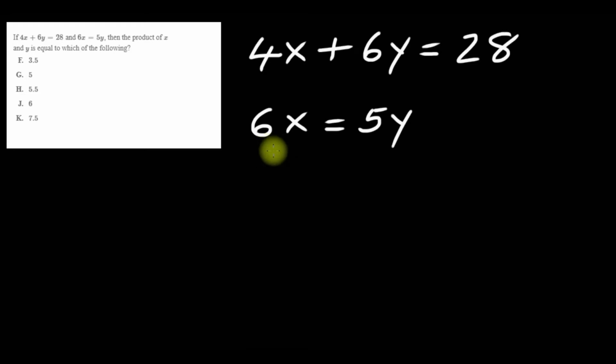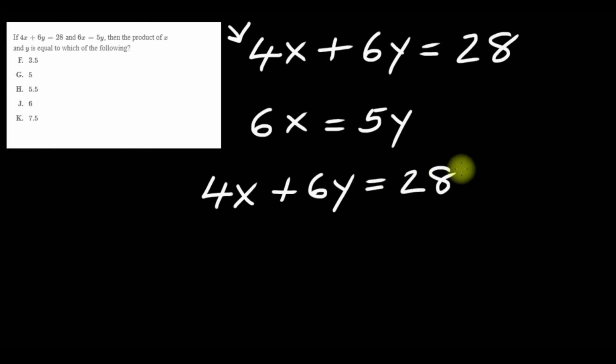Now we can either solve this for x or solve it for y and then substitute it into the x or the y up top. If you were to do that, you would end up with fractions, and it's a lot harder to work with fractions than just integers. Right, 4x plus 6y is 28. You can make this equation easier to work with by dividing by 2, because 2 is the greatest common factor. So if I divide this by 2, divide this by 2, divide this by 2, I'll get 2x